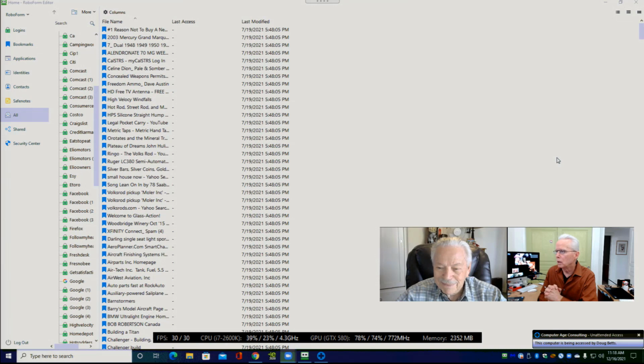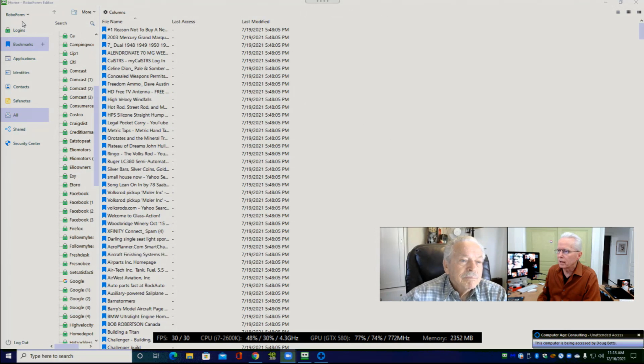So here, let's see what we have on the screen here. This doesn't look like it says RoboForm Editor. Okay. So on the left-hand panel here, you are in RoboForm, and you've gone down to this one for all. Now, we do want to be a little careful that we don't expose something that you consider personal or private.